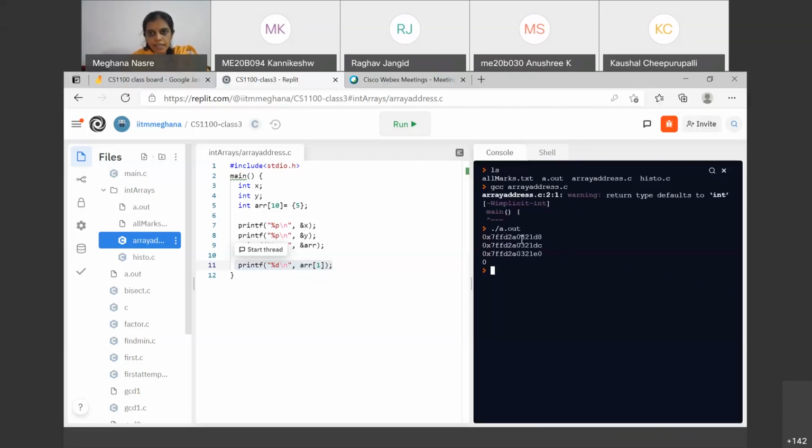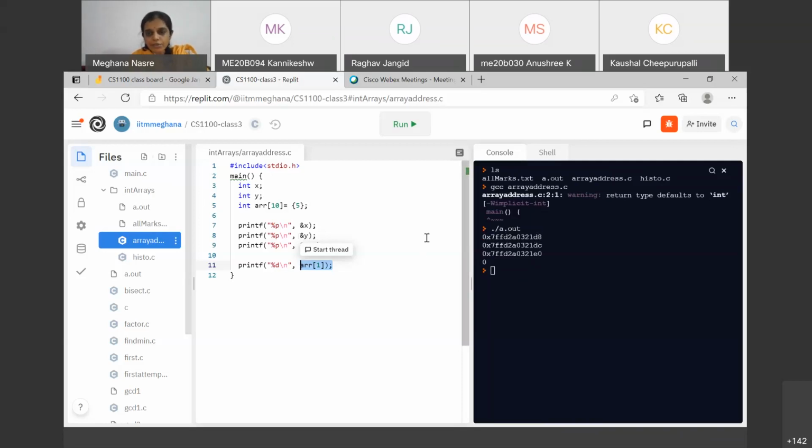Observe that there are 4 printf values, and the only value that I had promised is this printf, which is 0, which is correct. These are not in my control; I cannot predict these values. What I'm trying to illustrate is that these are giving us the addresses of these cells or variables. So how does one read this? This is a hexadecimal address, and all of this remains the same, except for these last parts.